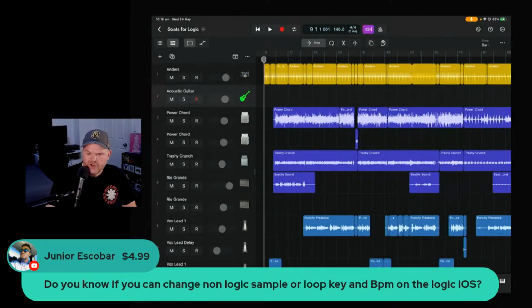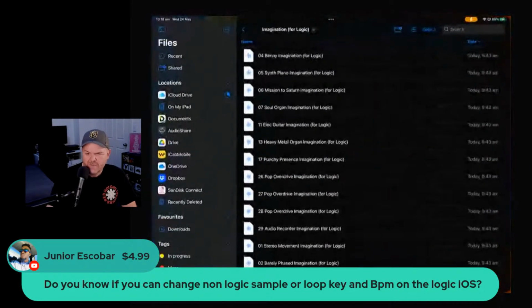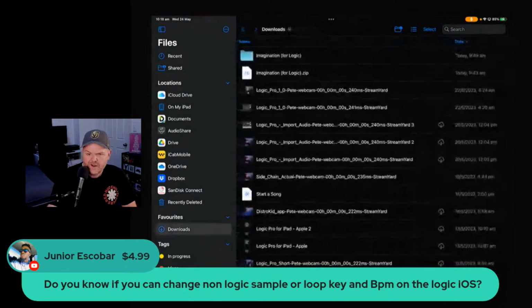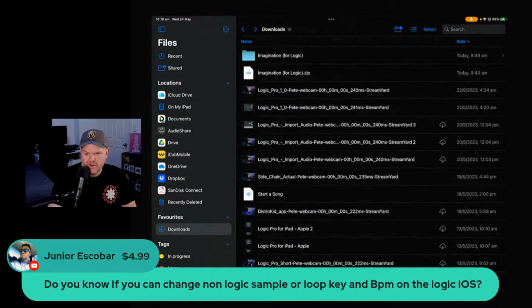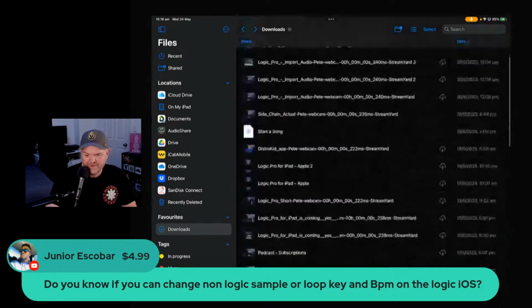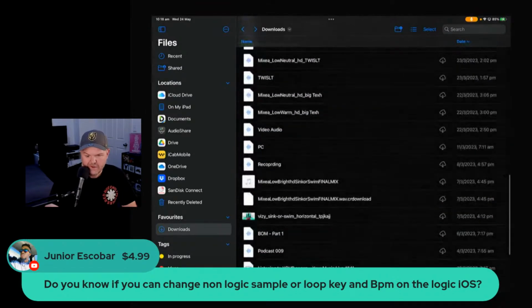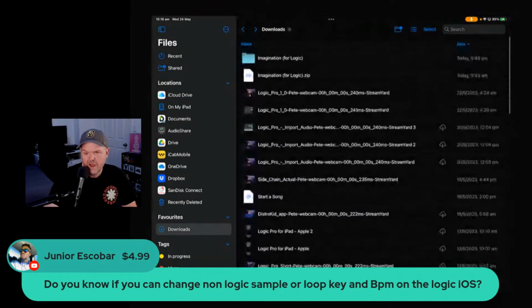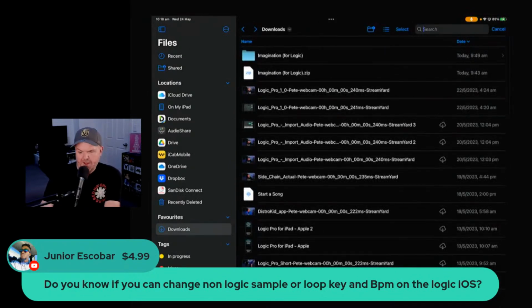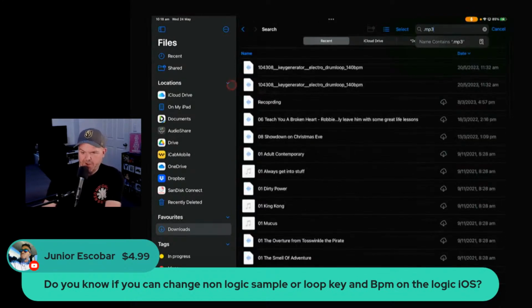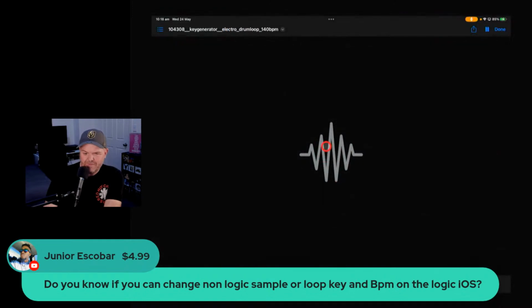But what you can do, if we come over here and go to our Files app and find any old loop. Where was I before that I had some? I don't usually have that sort of stuff. Maybe we download one? No, we definitely had a loop before. Let's just search for .mp3. There we go. So here's a random sound that we've got in here. Let's just see what this is. Cool. That's going to work for us.